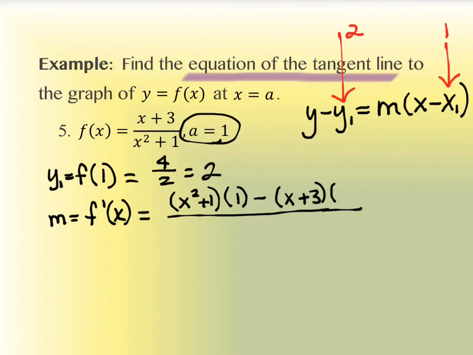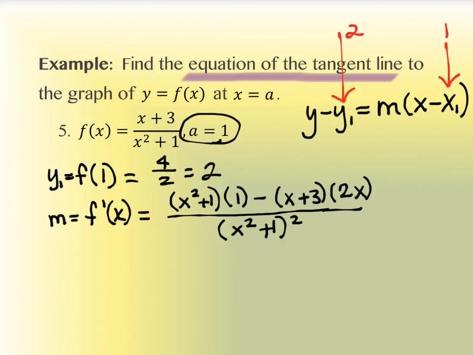I think you've done this before, Matt, have you? Yeah, okay. What's the derivative of the denominator? 2x. And we're going to write this all over x squared plus 1 squared. Exactly. Now, if you wanted to, and if this were complicated and messy, you could not simplify this and just